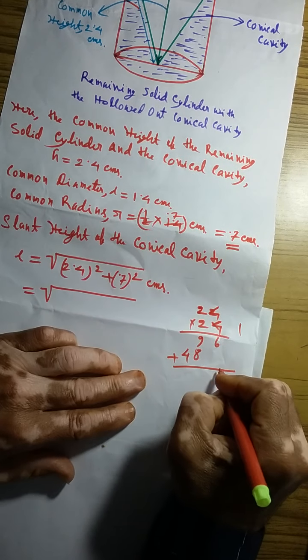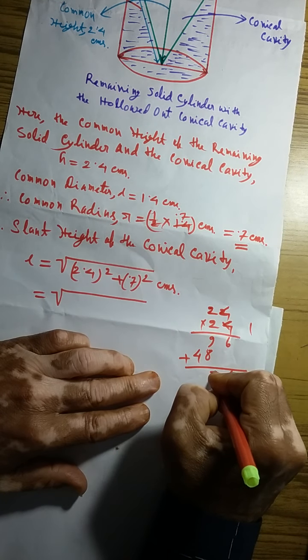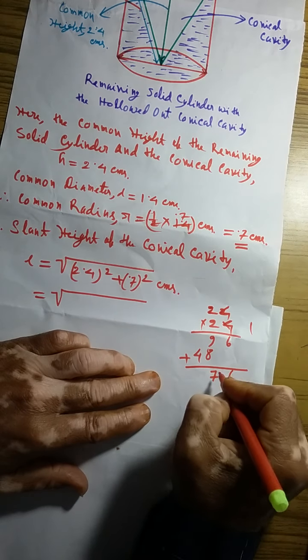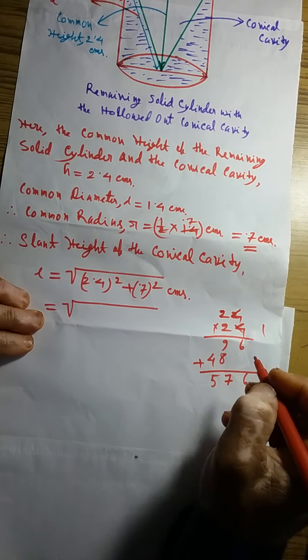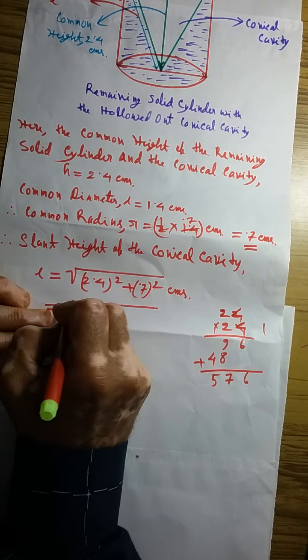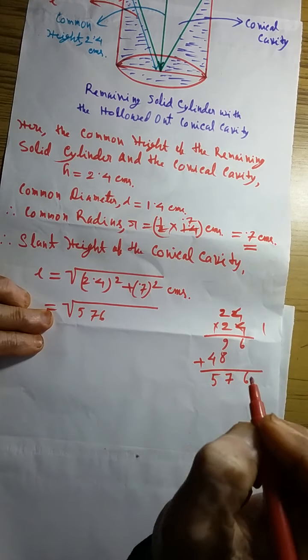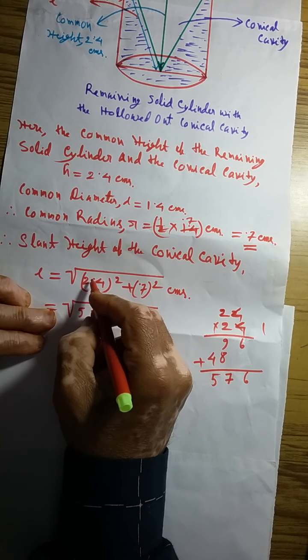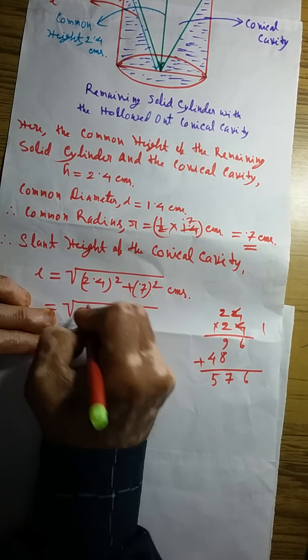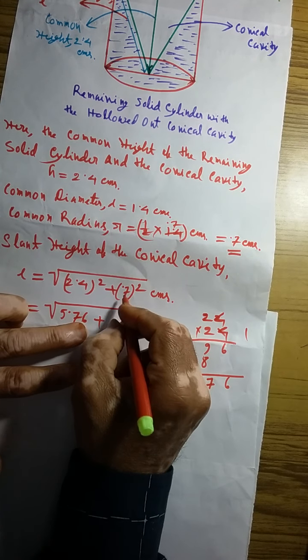Now if we add these elements, we will get 6 here, 17 here, 17 here, 4 plus 1 5. So we will have here 576. We had 2 decimal points, so the decimal point will be placed here, plus square of 7